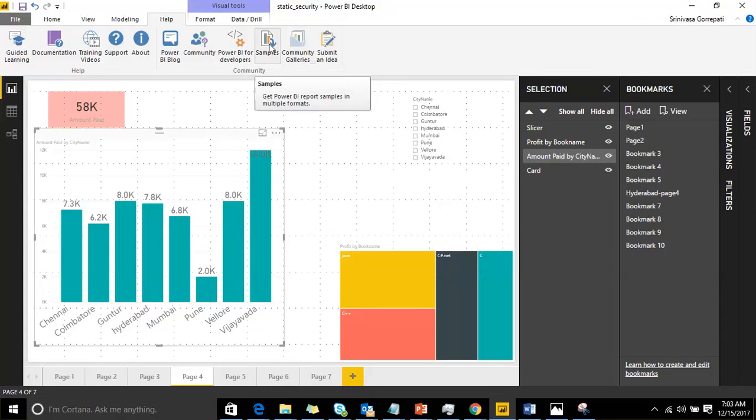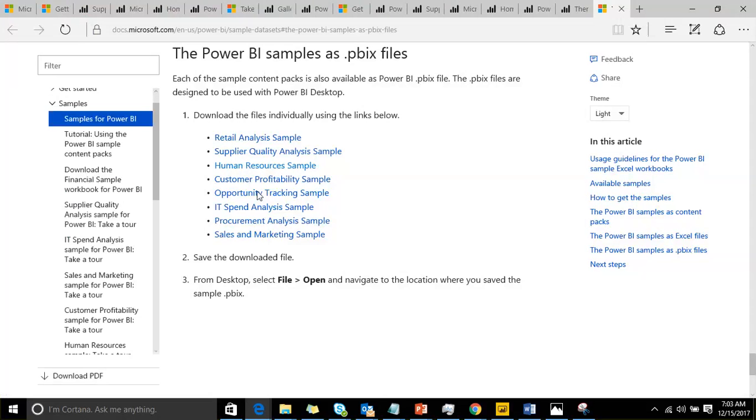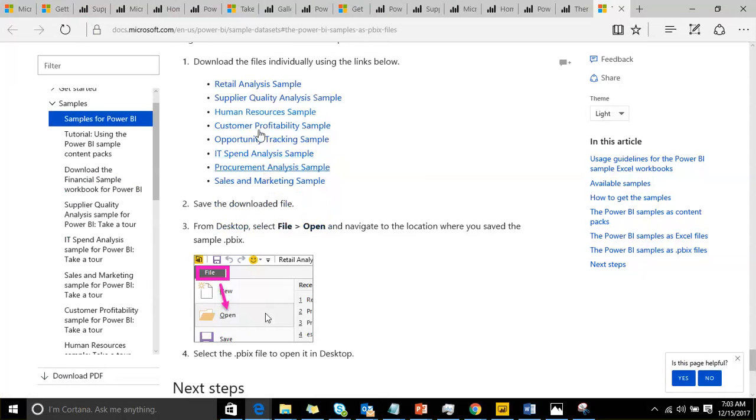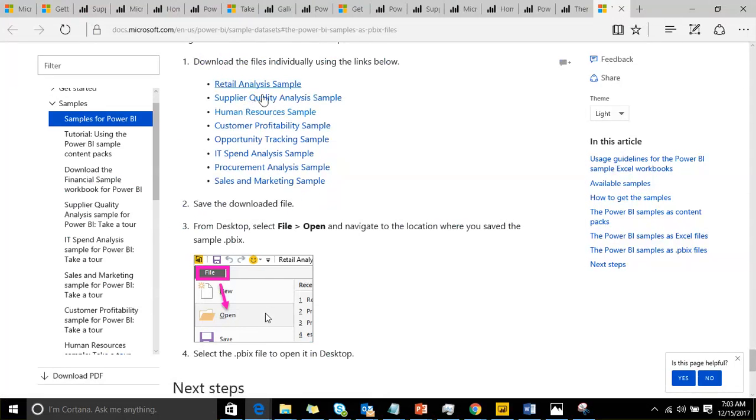If you feel you need more, there are a lot of data sources, Excel-based resources you can download, and there are reports you can practice with. Here are the different reports which Microsoft provides. Whatever you want, you can download it, import it and practice it. Retail, supply chain, human resources, IT support, recruitment and everything is there. So you can download that